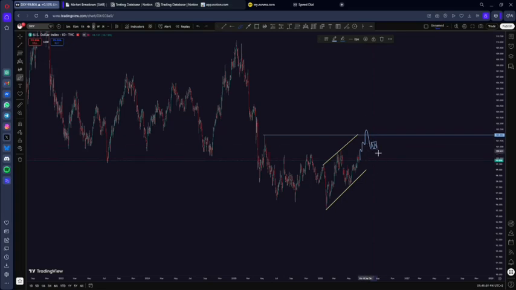First impulse, then a correction. But guys, what's also happening is, if we don't get that 1, 2, 3, if we don't get that touch over there, it's still okay,